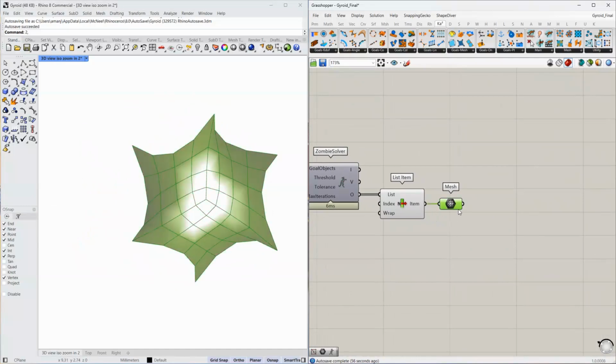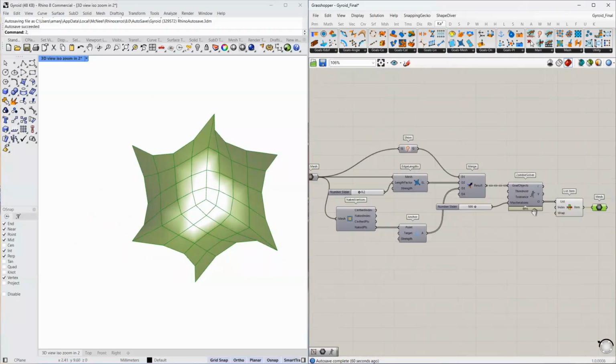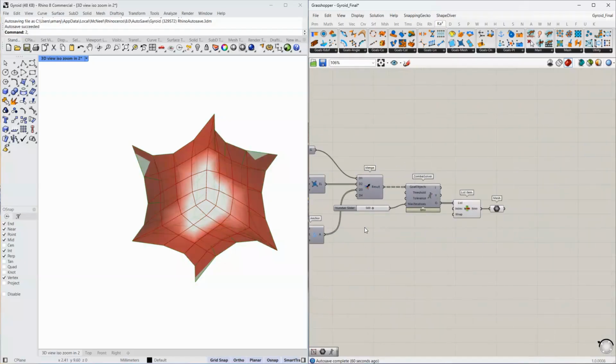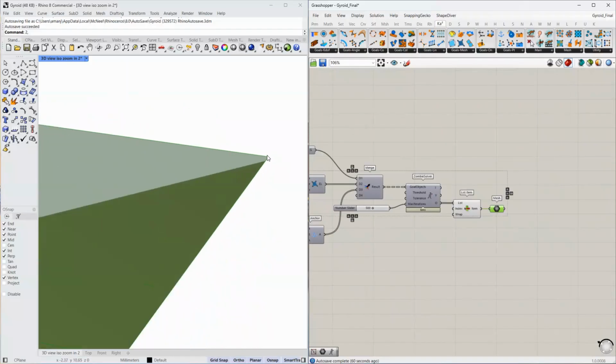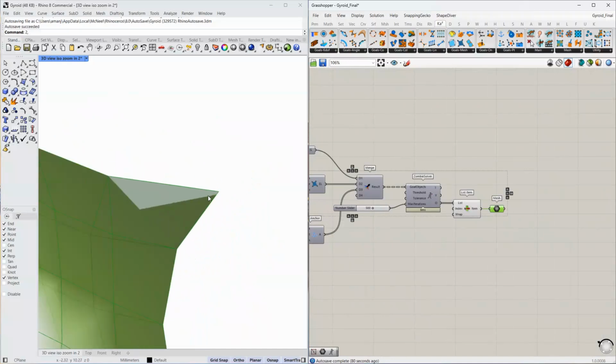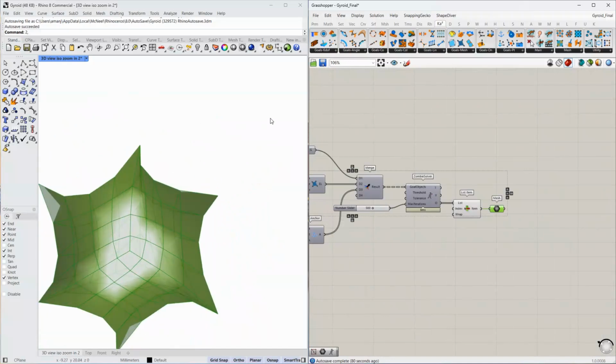Now the mesh that we receive over here, which is relaxed by Kangaroo, can sometimes deviate slightly from our original anchor points. Here's the original mesh. Here's the new mesh. And if we zoom in, you'll notice the slight deviation. This can cause small gaps when we assemble the final gyroid, which is essentially the repetition of this form in multiple arrays. To fix this, we